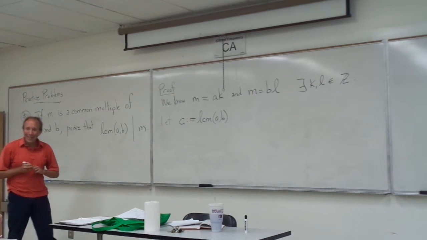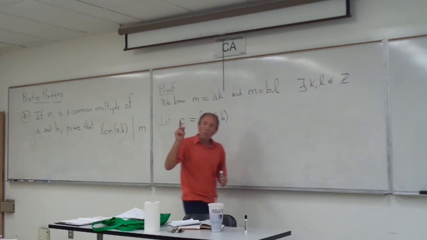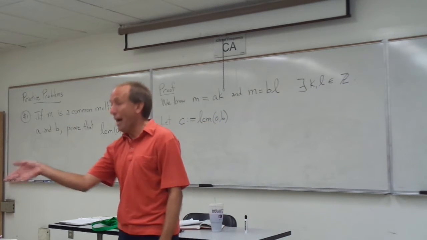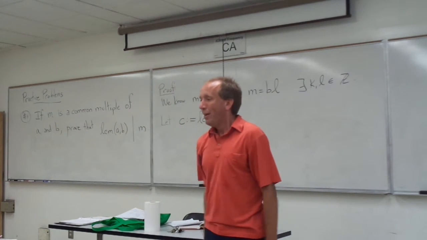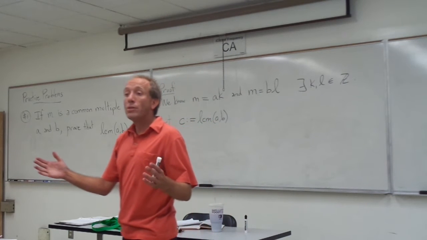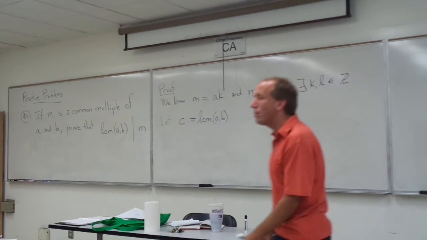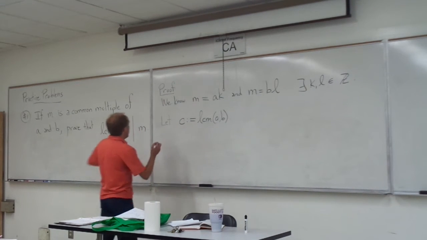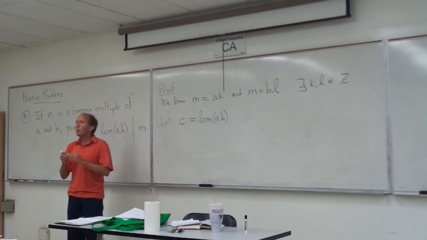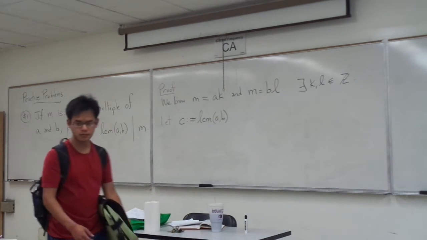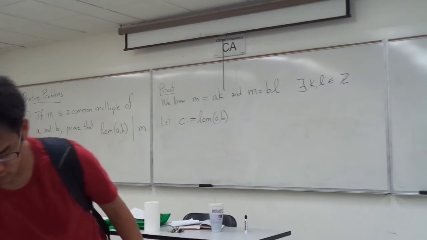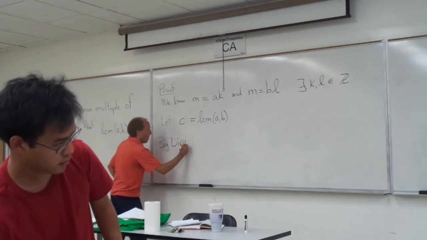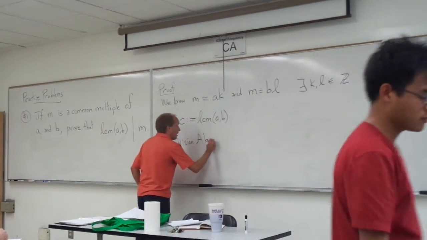Here's another tip. If you want to show that one number divides another number, a good way to do that is to actually divide the one number by the other number and try to prove that the remainder is 0. So that would be a good approach to this problem. And by the way, what is that process by which we take one number divided by another number and get a quotient and a remainder? Good, the division algorithm. Very good. So by the division algorithm,